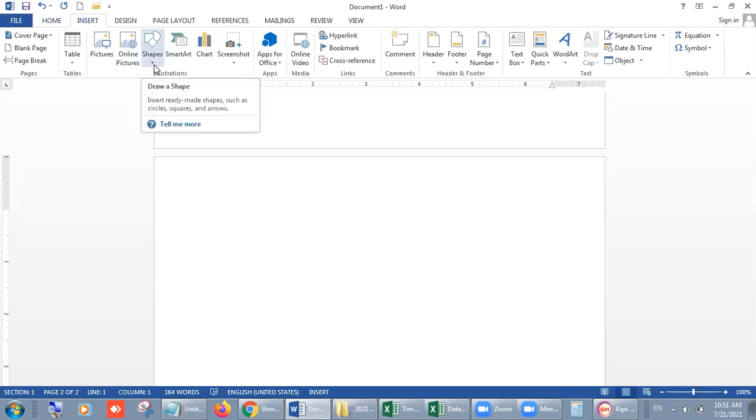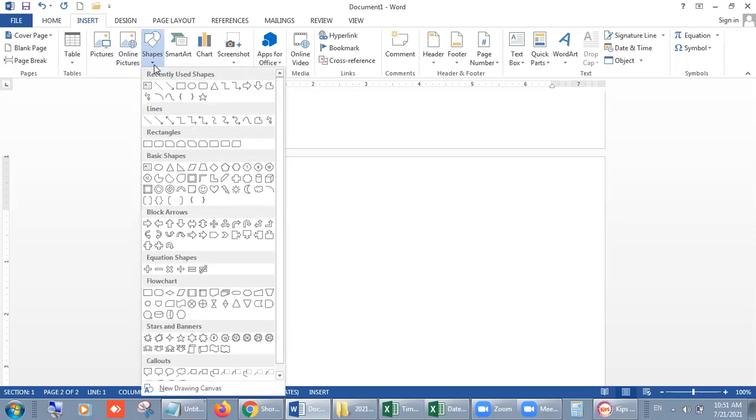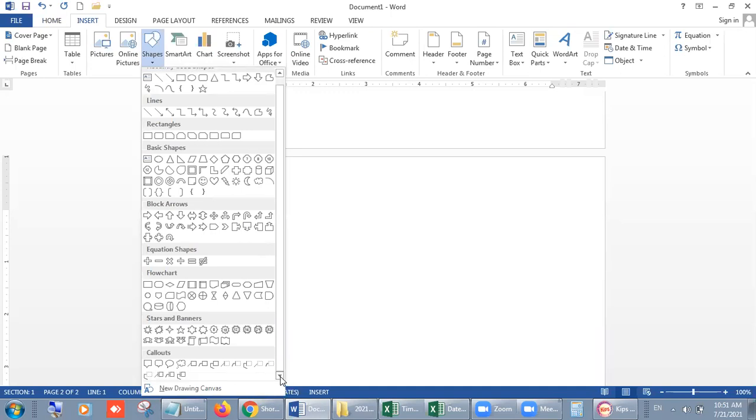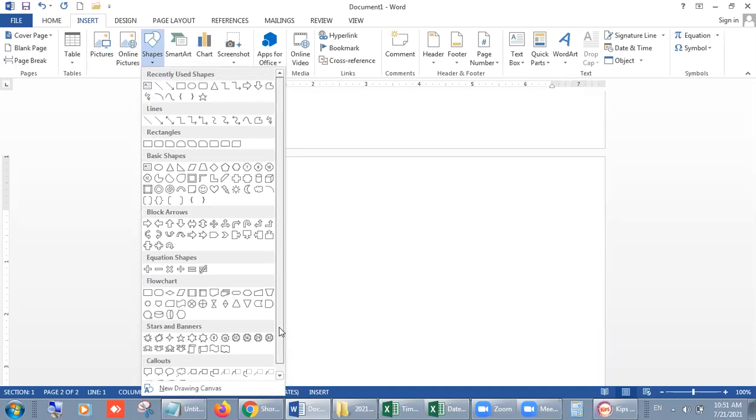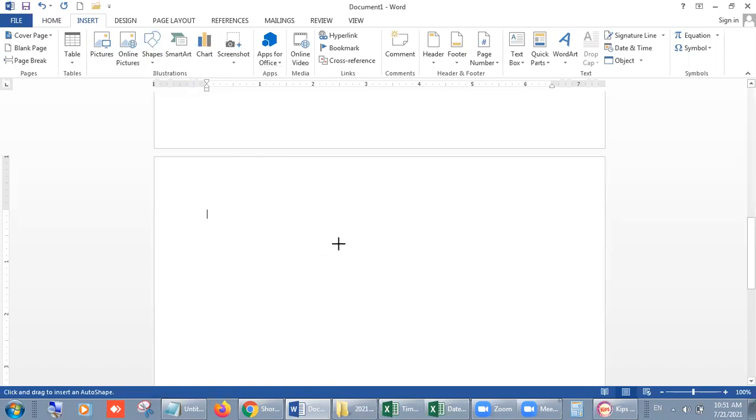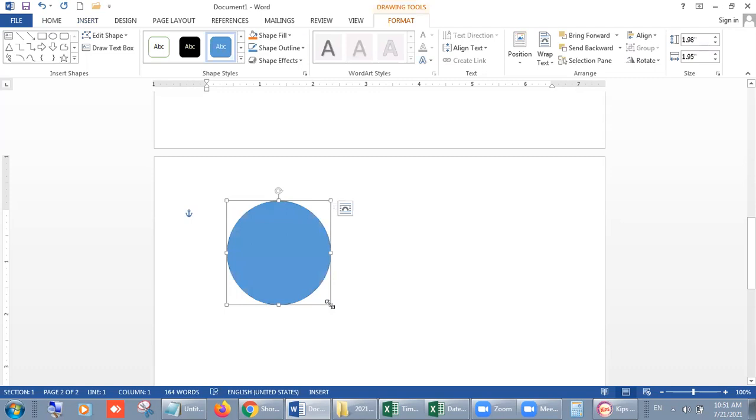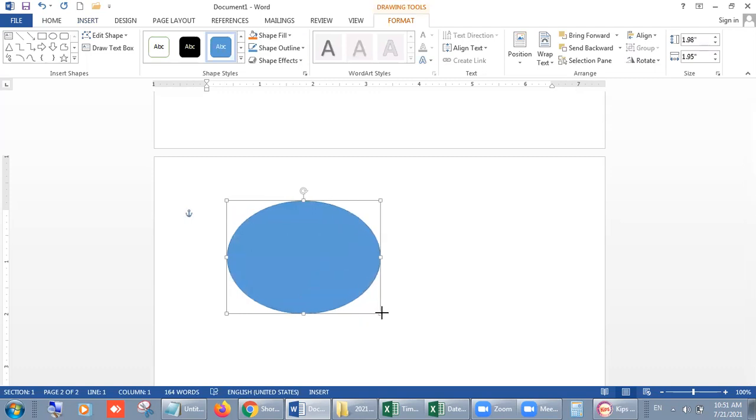When you click on this button, you will have so many options. There are so many options which you can use. Okay beta, then how will you use it? Choose any shape. Suppose you choose the oval shape. Click on it. One plus mark will come in the place of the arrow, right? Then drag the mouse and release it. Now you will have one circle, or if you want to draw an oval, you can do that also. Look.